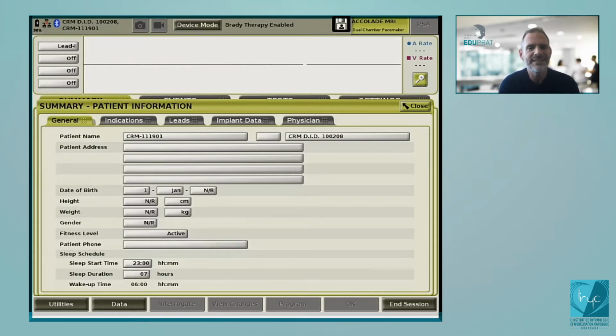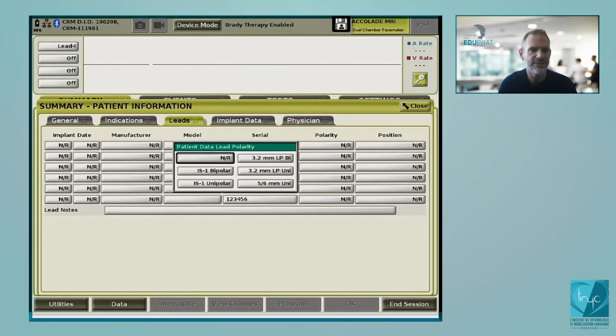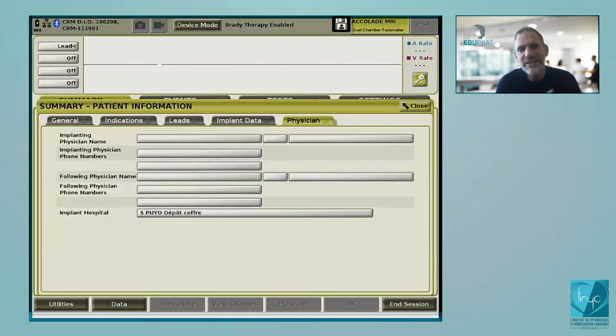If you click now on leads, the information is not entered here. I think it's very important to know which kind of lead you have implanted, unipolar, bipolar, the kind of leads, so you can enter it with the connection, all this. That's something I systematically ask the nurses to enter at the time of implantation. The implant data is important if you want to reflect on the consumption of the battery, and the physician you can enter or not. Most of the time I ask the nurse to enter more or less all the information. It may help during the interrogation. So if you close,